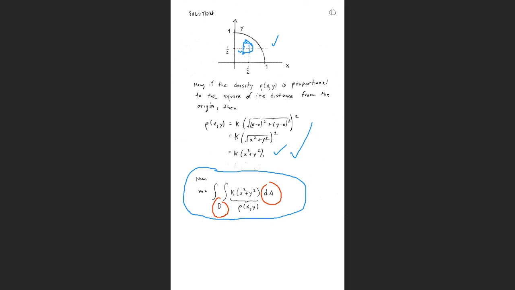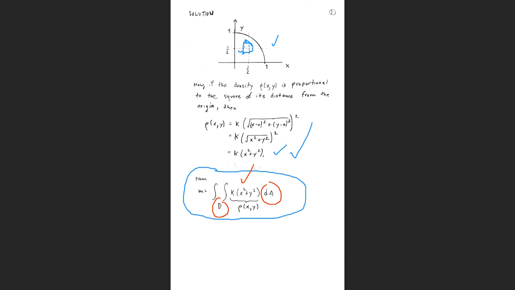I'm not committed to that yet because I'm worried about getting the density function and getting my double integral set up. But now I go back and I look at region D,